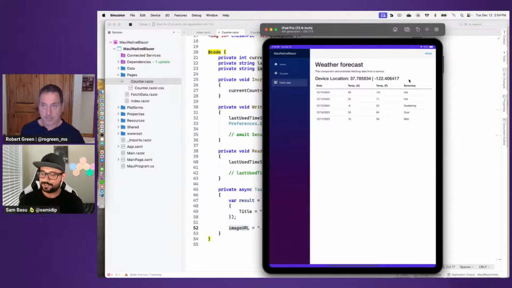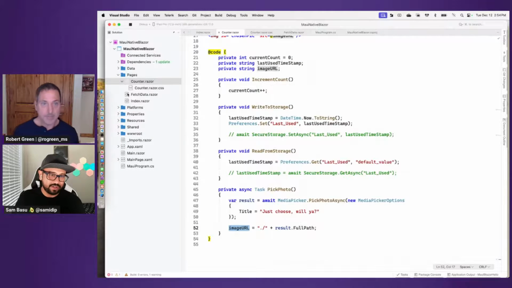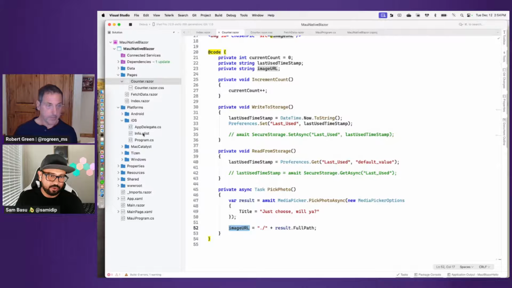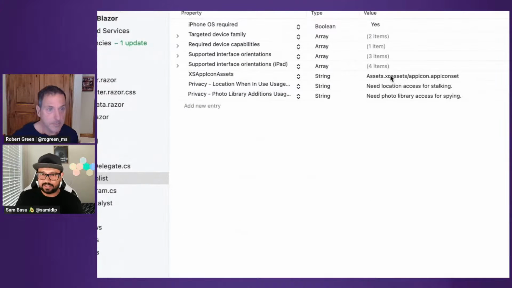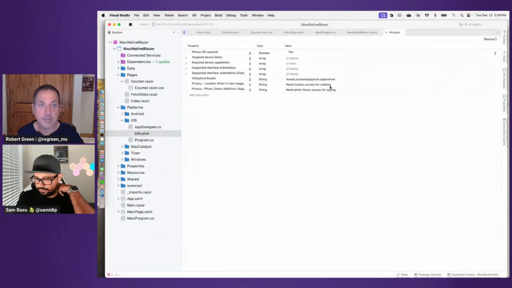However, now this is where we say you are welcome to be a mobile developer, but now you're also inheriting some of the pain of being a mobile developer, because every platform is a little different and you just need to know. So for iOS, for example, now I have to go into the platform specific things here. If I can show you iOS, and if I show you the info plist, this one here has a little setting that says, hey, this app reads your location. So these are permissions that you will have to enable.